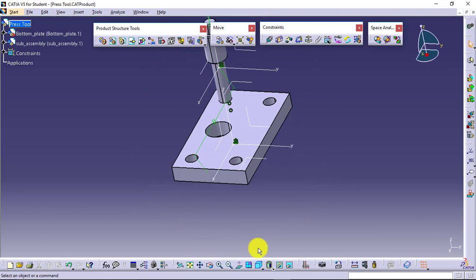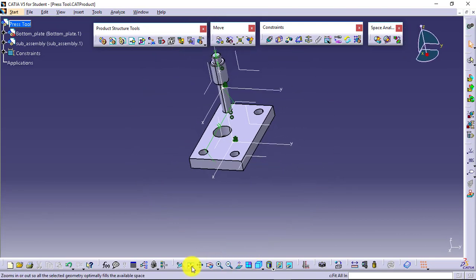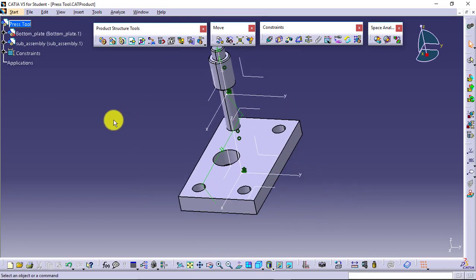Now when I have this kind of cases available, then I will prefer to use the advanced feature. Otherwise, if I'm not using the pattern, then I'll need to insert one sub-assembly here, another sub-assembly here, another sub-assembly here, and I'll need to give constraint to each and every sub-assembly. But when we had used pattern in the part design, it will give me an advantage of using the same pattern in the assembly. For that, I will select the sub-assembly which I want to pattern.